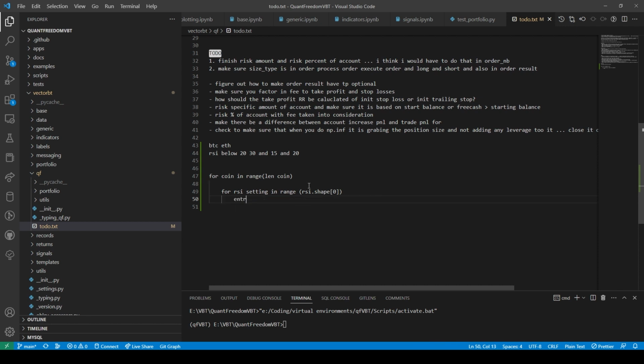So now we are in Bitcoin, and then now we are in RSI setting number 1. So we're in coin. So that's RSI setting. Then inside of here, we would say for